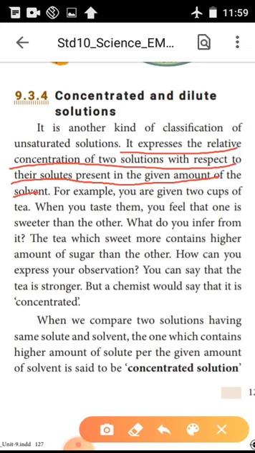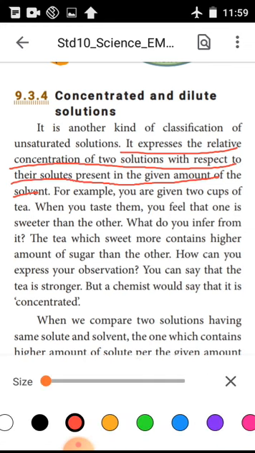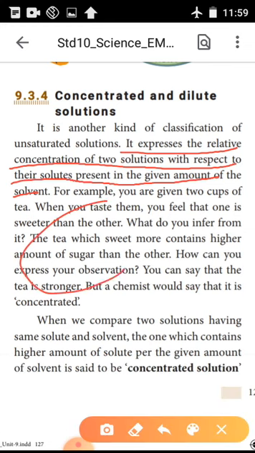Then how will you express it? It means you have to relate the concentration of two solutions with respect to the solute present in a given amount of solvent. For example, if you are preparing tea,